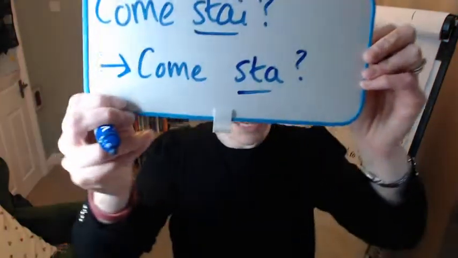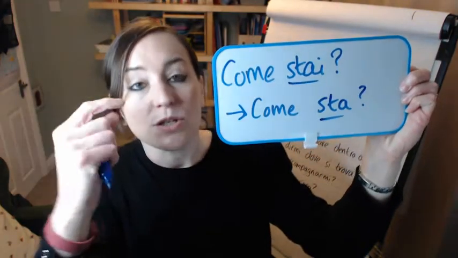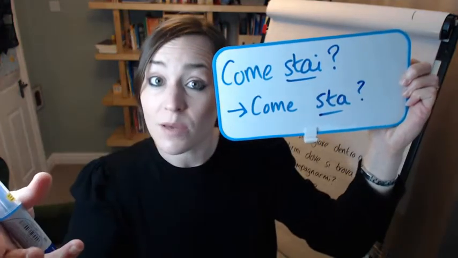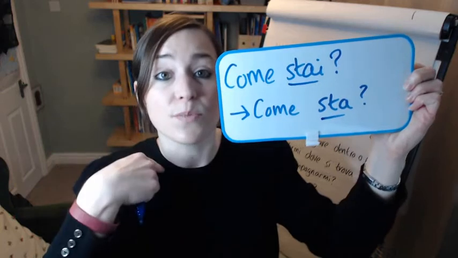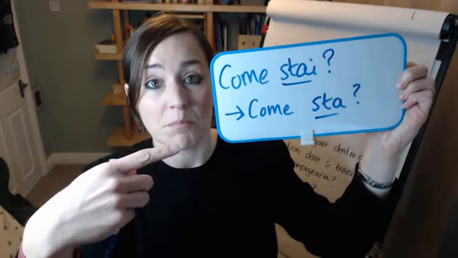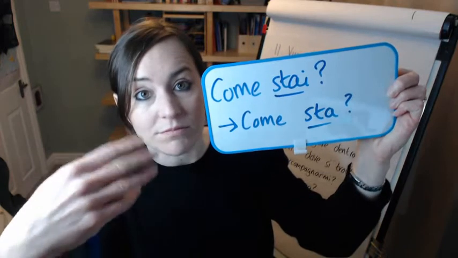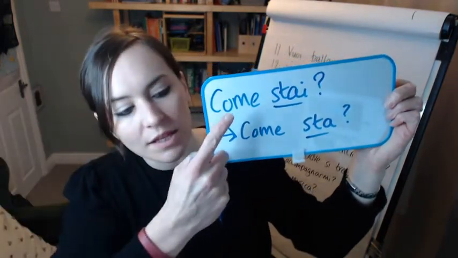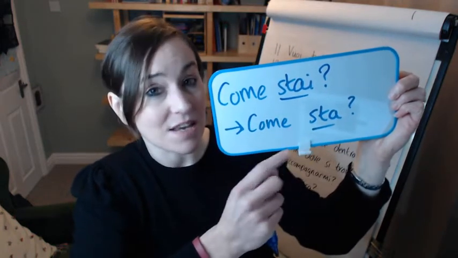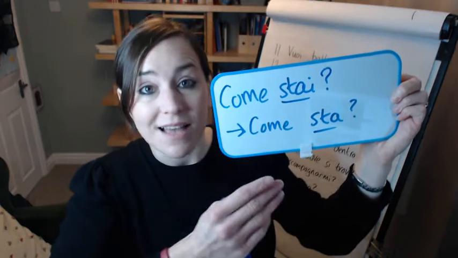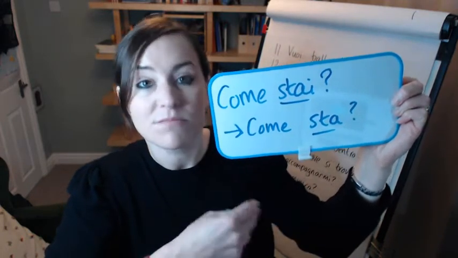Okay, so basically, if you look at a conjugation of the verb stare, you will find sto bene, I'm well. Non sto bene, I'm not well. Sto is the first person singular, I am, when used with things like well, I'm not well, things aren't going great, that kind of thing. Stai is the tu form. Sta is the he and she form. Lui sta bene, he is well. Lei sta bene, she is well.